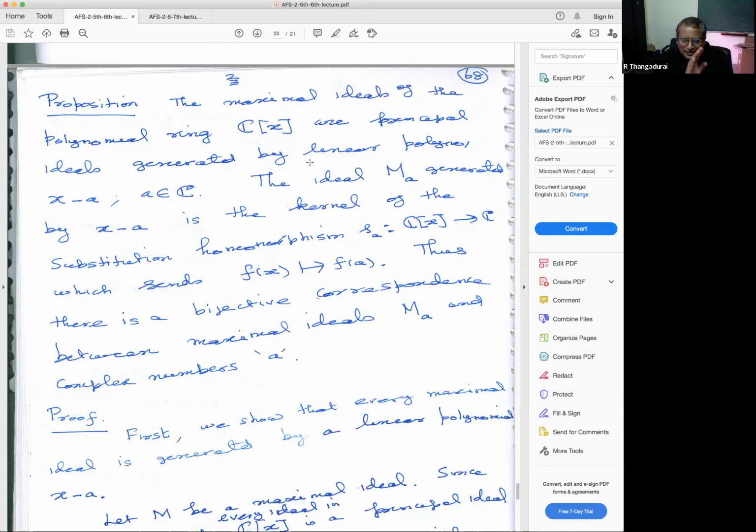First, you just see this theorem and you try to generalize this. So is it the ideal generated by X minus a, Y minus b? It's a guess. Read this in a different way: any maximal ideal in the one variable polynomial ring corresponds to a point in the complex numbers, and a point corresponds to a maximal ideal. This is bijective. Similarly, what should be the statement there in two variables?